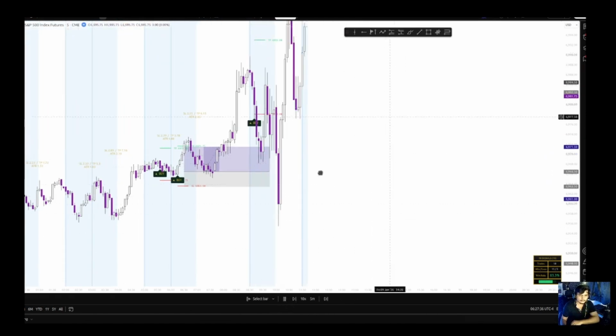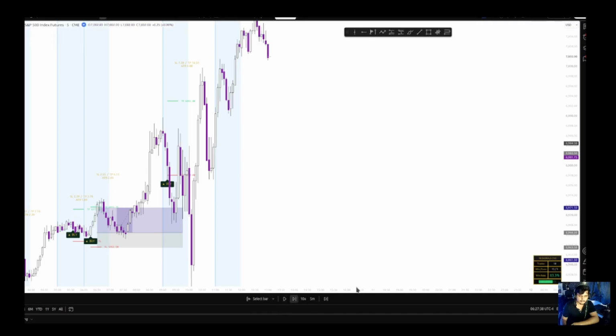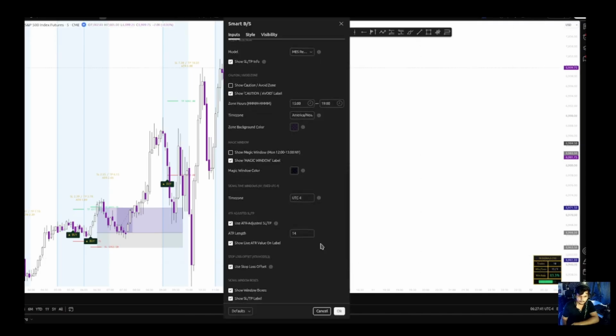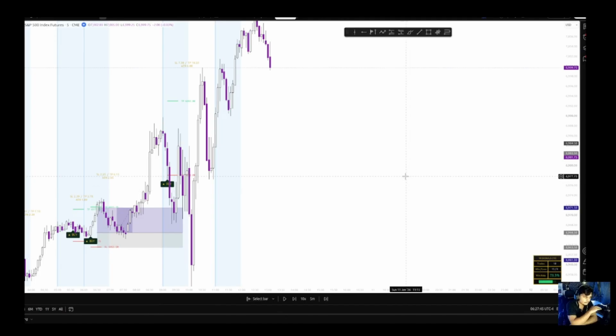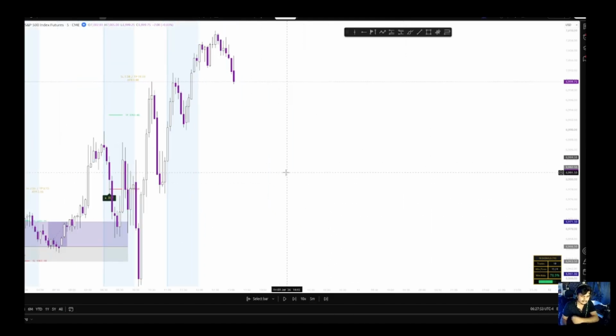That buy was a stop loss. Let me update the stop loss. Again, without risk management, nothing works, guys. See, it's already 80%, but I'm not. I mean, you guys are doing well, but a couple of people are risking crazy. No strategy will ever work out if you are risking like